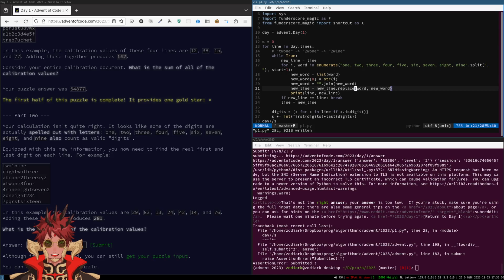This doesn't actually do the thing I wanted to do because, oh, okay, yeah, because if I replace TW, okay. Yeah, I picked a pretty dumb algorithm. Find.